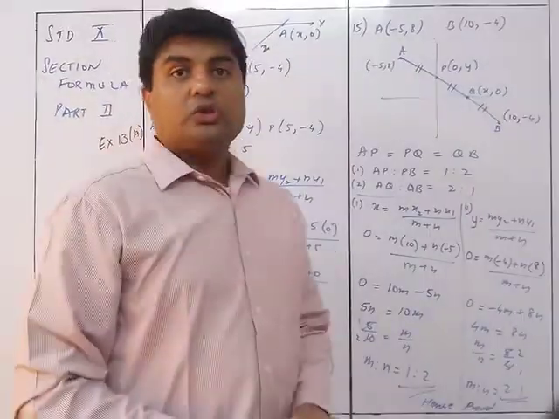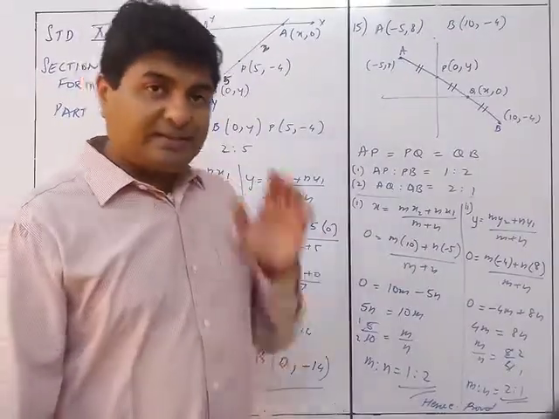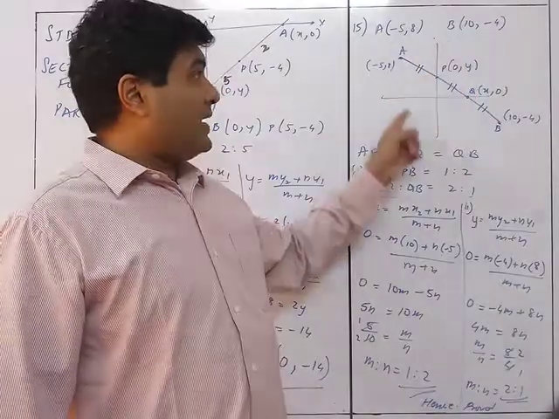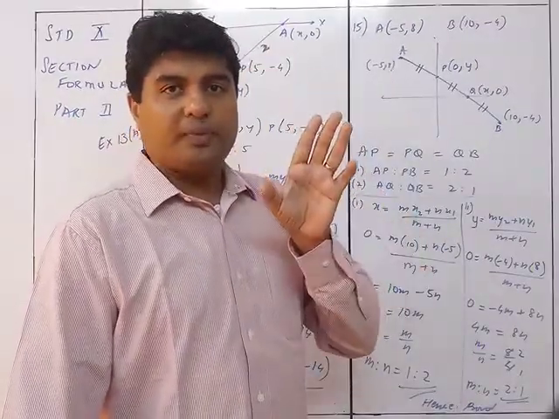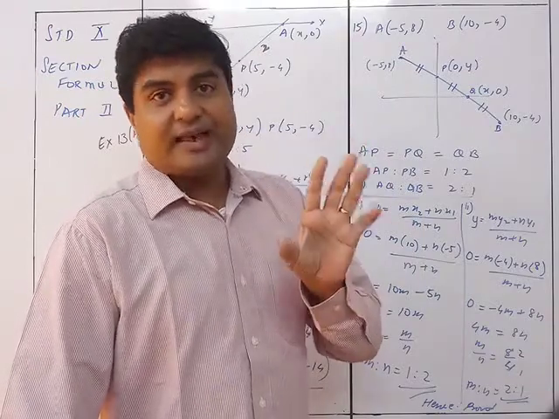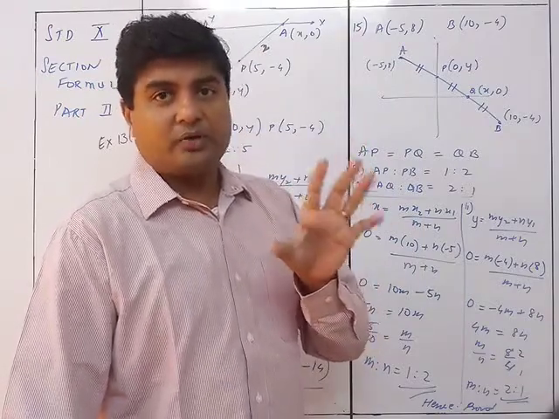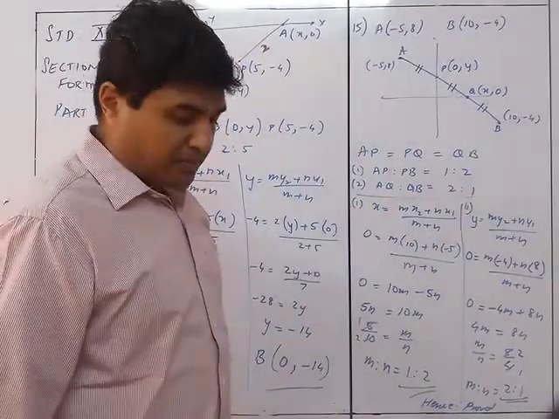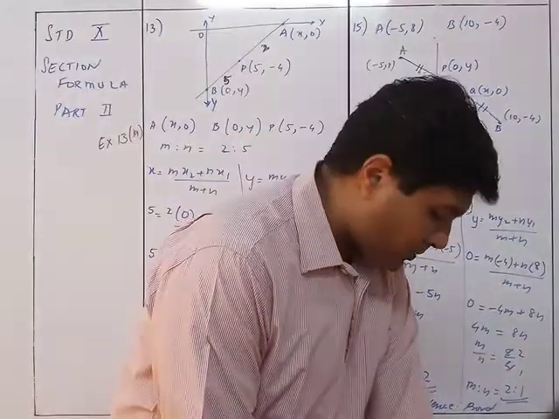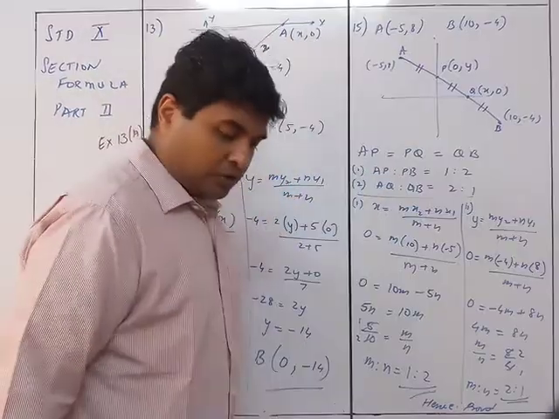Understood? So for trisection, we need to understand the concept first. That's why it is better to draw a figure like this, so that you are able to focus properly on the sum and understand it properly without making mistakes. So this is sum number 15. We have sum number 15 as the proof sum.